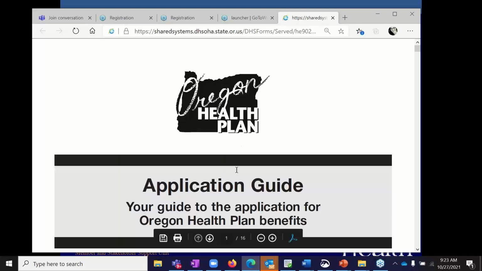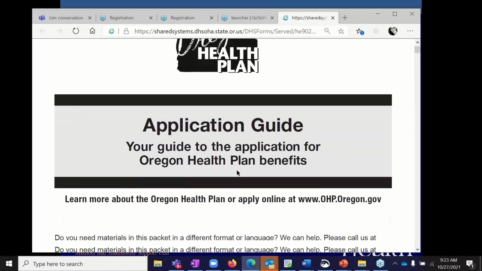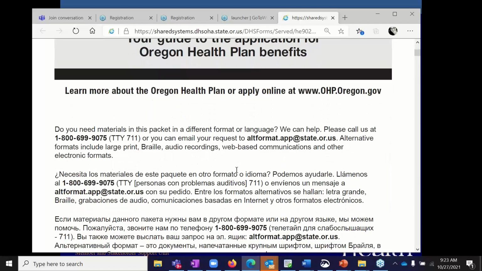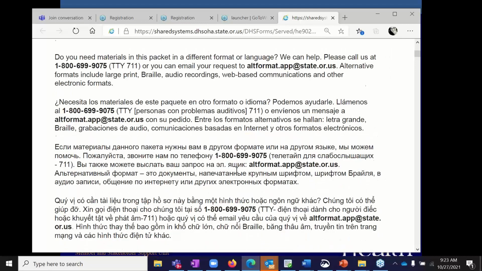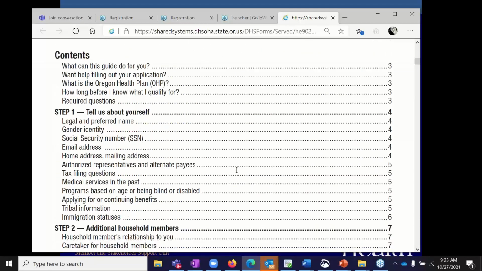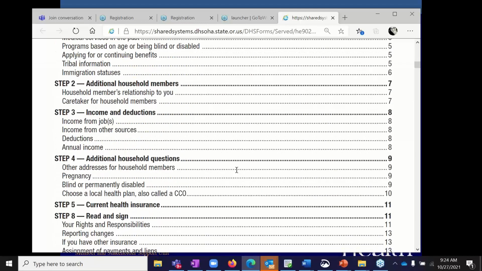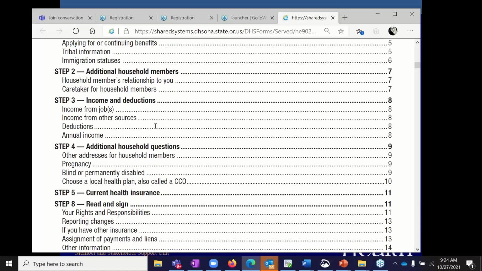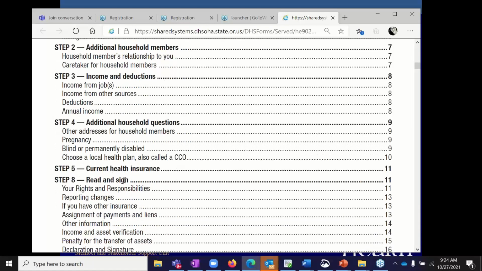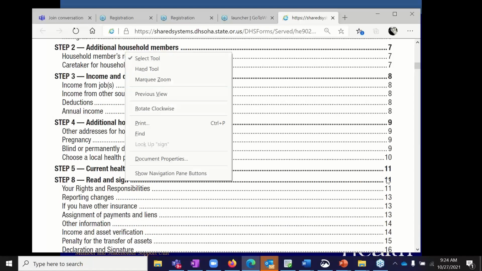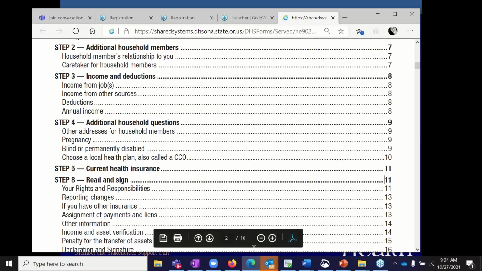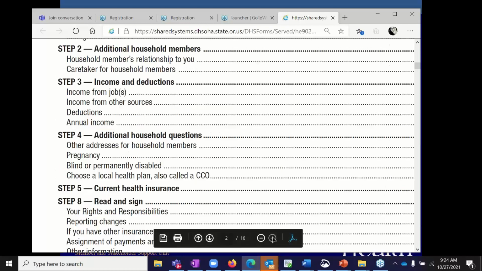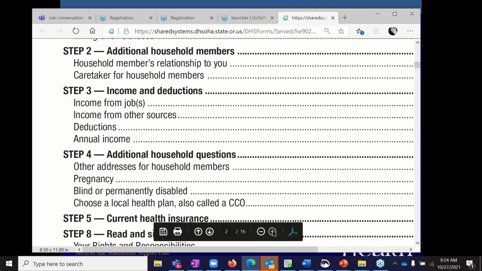Oh, it took me straight to the application guide. We're going to do a little tour of that to start with. Okay, so this is the application guide. You can see in the table of contents, if we scroll down, we have read and sign, step 8, page 11. So if we go down here to our little page guide, we can